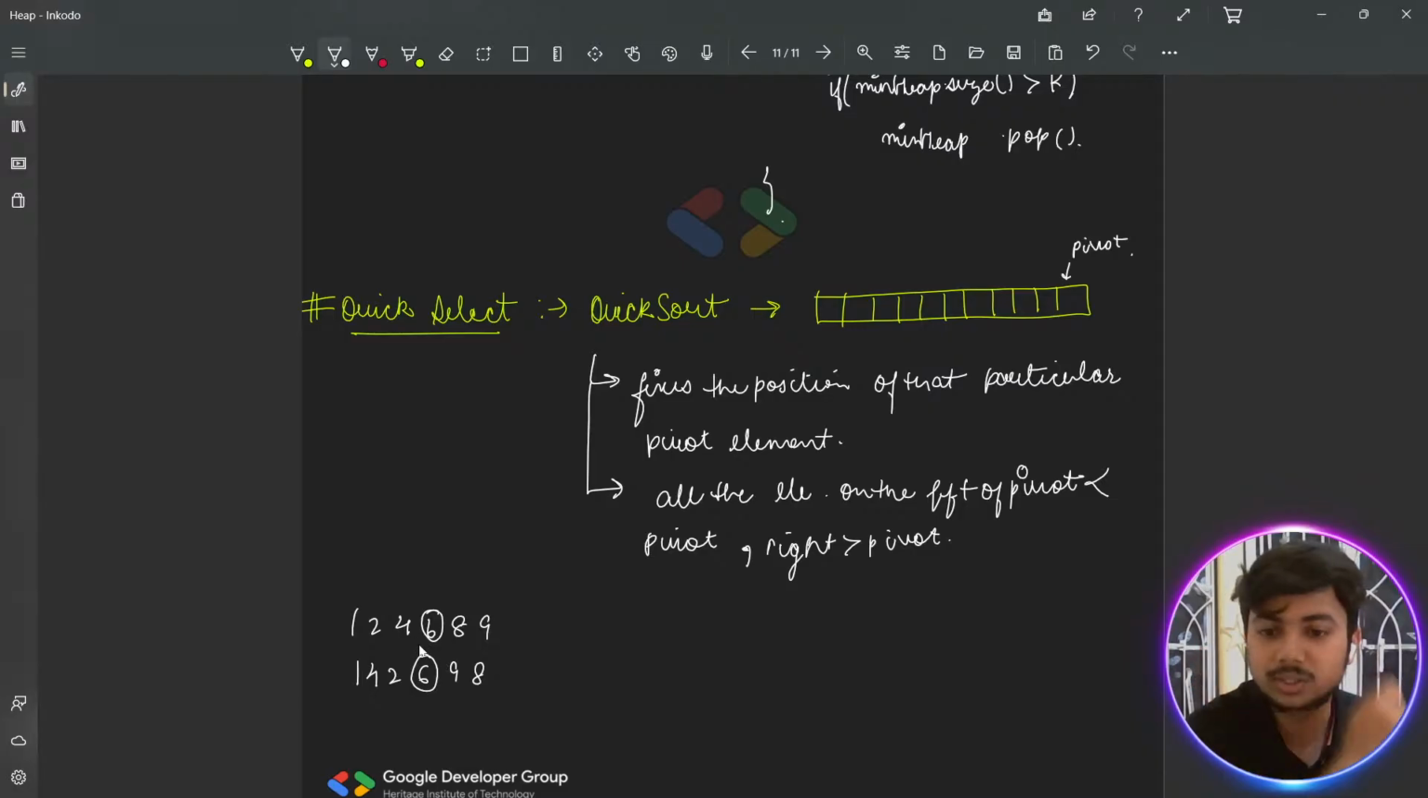We don't want the whole array to be sorted. So here our time complexity is saved, because we will get to know that for this particular pivot element, if we need an element that is larger than this pivot, that is, an index that is on the right of this particular index, then we will move towards the right only. And if we get to know that the index we need is on the left-hand side,